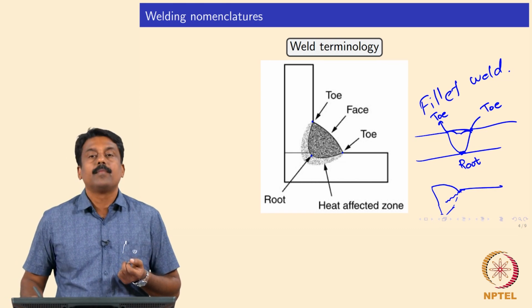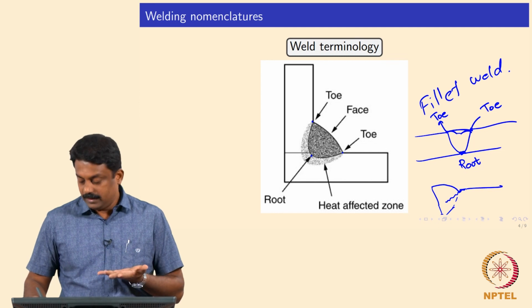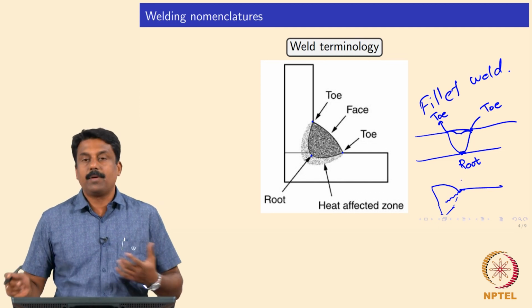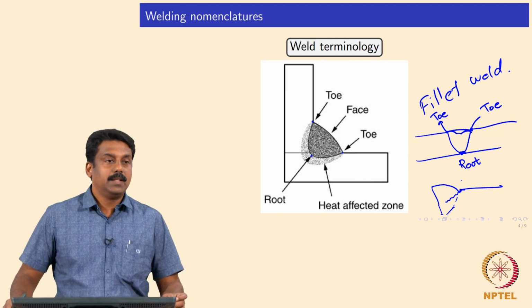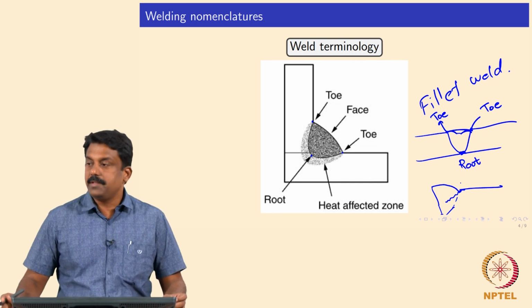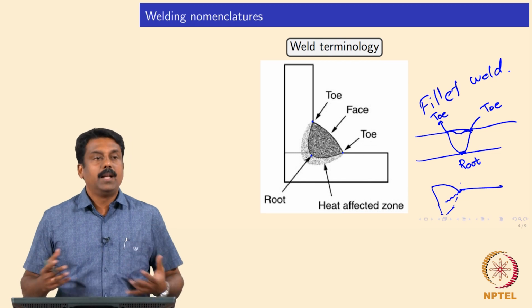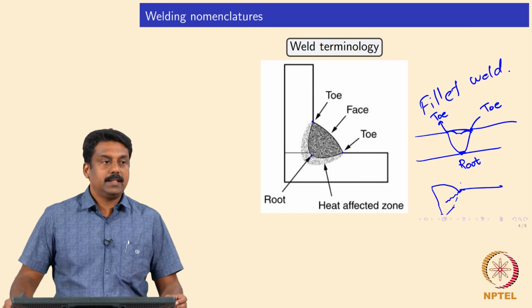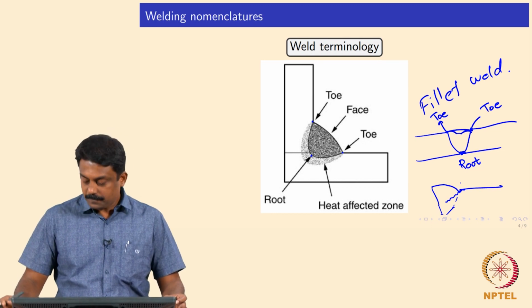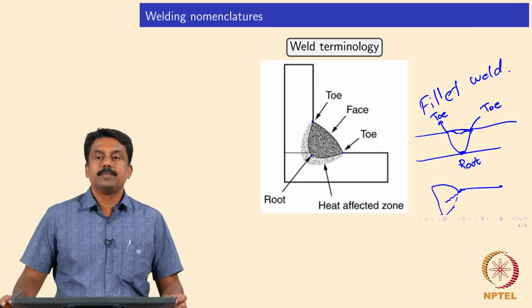So, not only fatigue, this region, because of the high tensile stresses, and we also have a dissimilar material, isn't it. So, this is the base material, this is the weld. So, there could be some compositional mismatch, and that can also act as a corrosion initiation region, because we have two materials. So, we may also activate the corrosion at the toe regions.